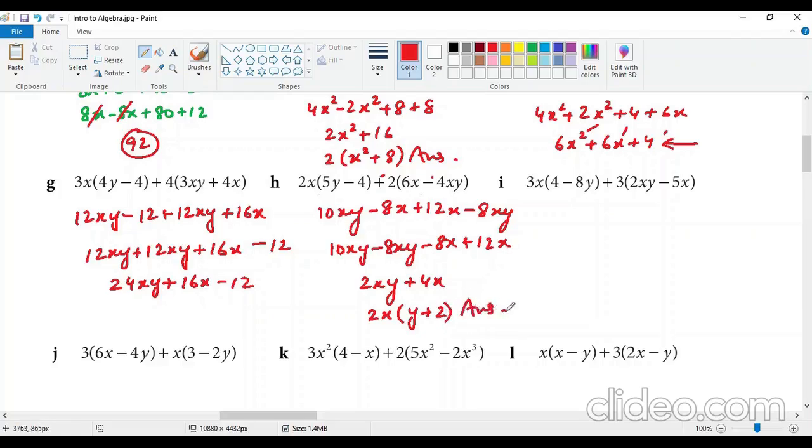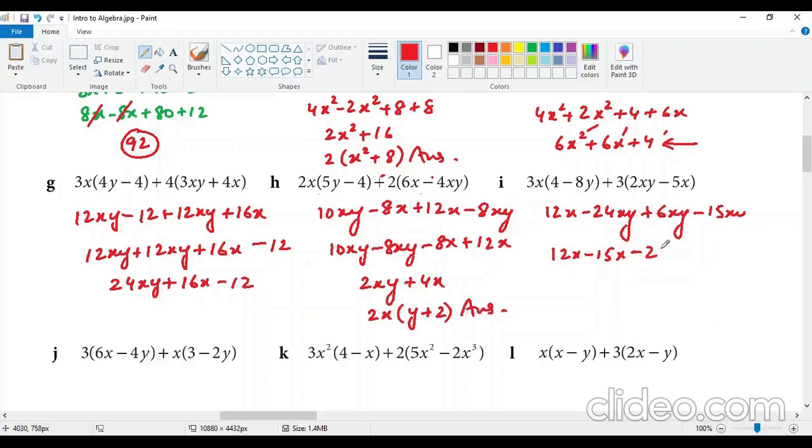3 times 4 is 12x, minus 3 times 8 is 24xy, plus 6xy, minus 15x only. So this will give you 12x minus 15x minus 24